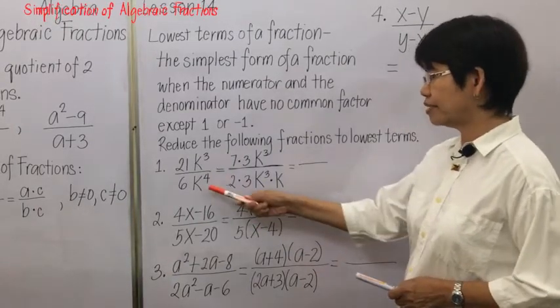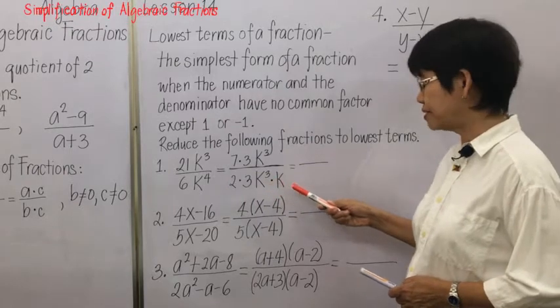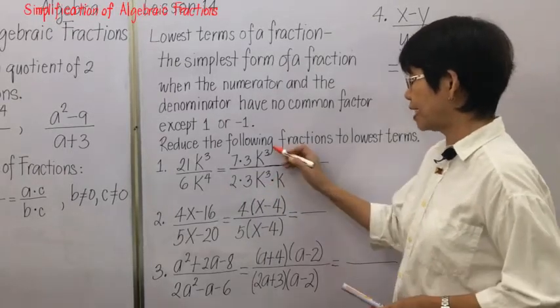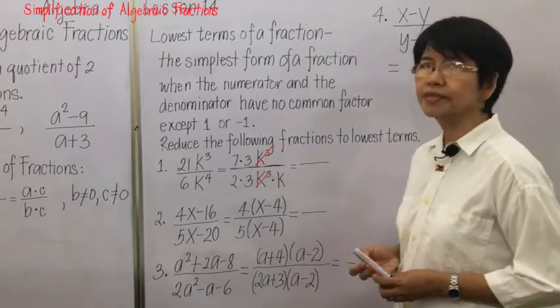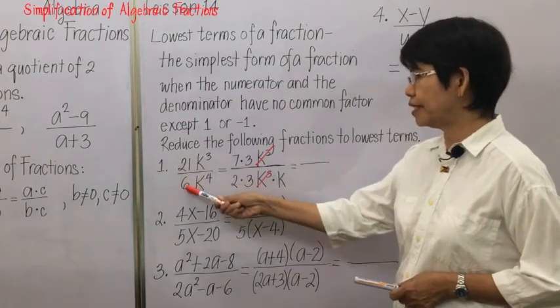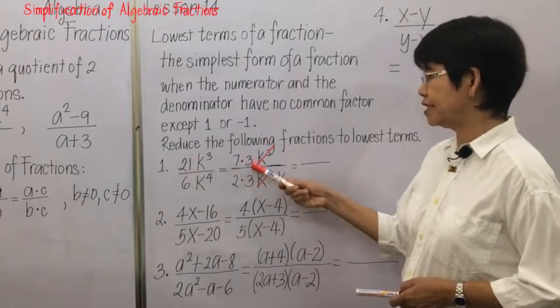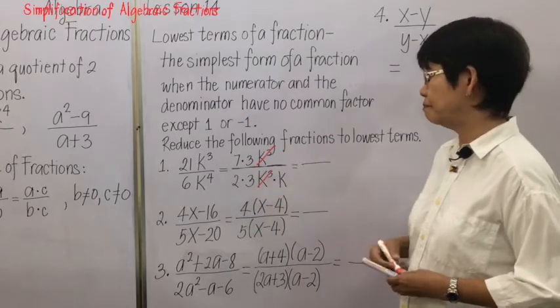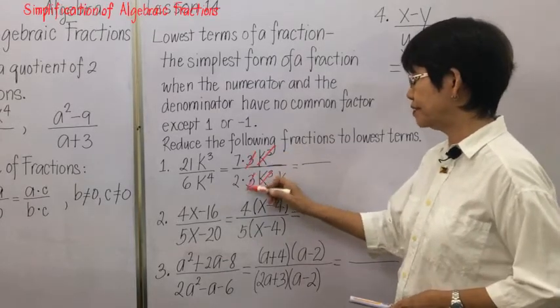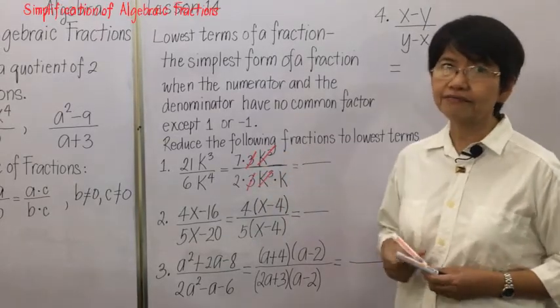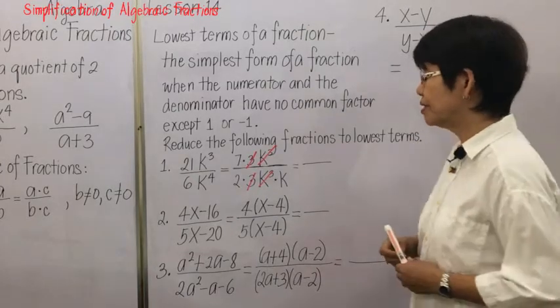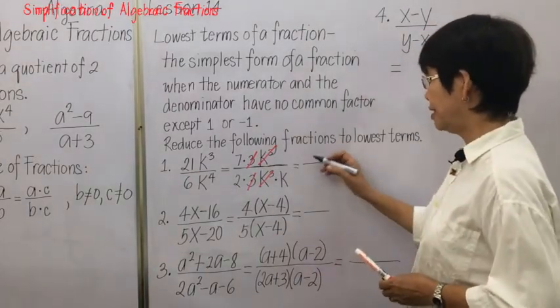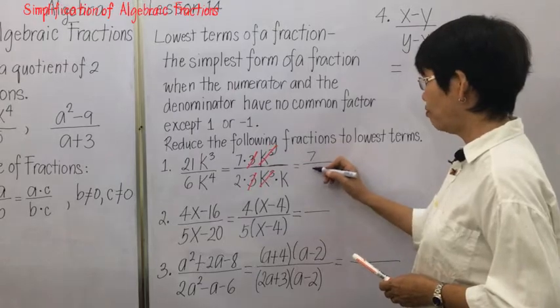So we factor k to the 4th as k cubed times k, and we can cancel this. And then we factor 21 and 6: 7 times 3 and 2 times 3, and we can cancel 3. And after cancellation, the lowest terms of the fraction is 7 over